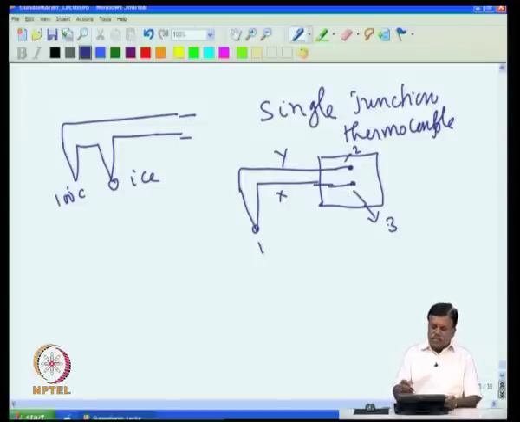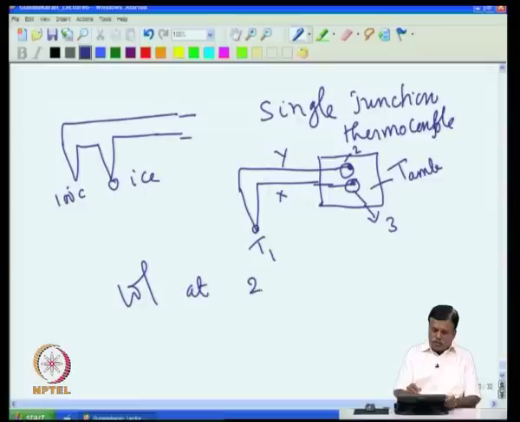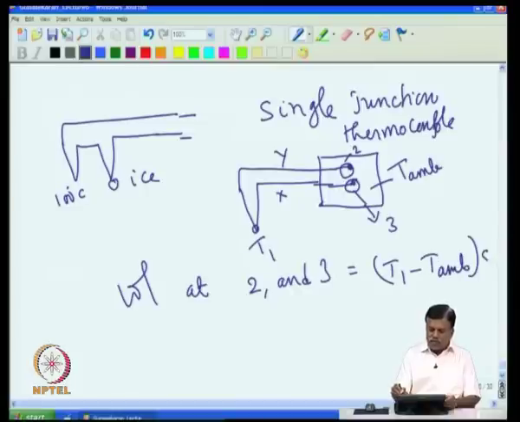But the end result is like this: if these two junctions, 2 and 3, are at the same temperature, assume room temperature. So, I put a big block in the room and terminated these two wires in this block, with of course a small insulation here. The insulation is also essentially at the same temperature as this big block. Then the temperature produced is T1, and if this is ambient, T ambient, then the voltage available between 2 and 3 is T1 minus T ambient